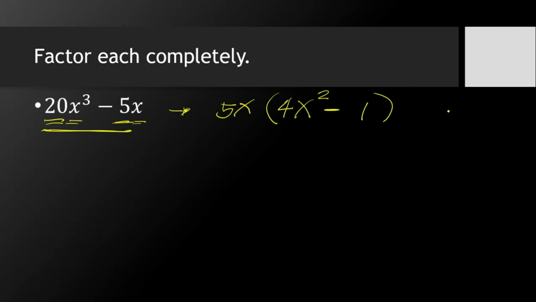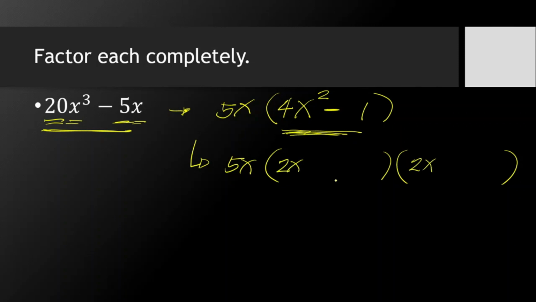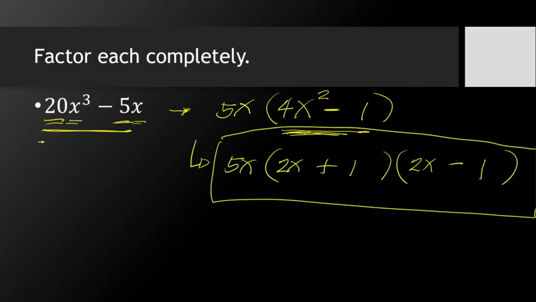Now, having applied the greatest common factor or the common monomial factoring, we can see that the binomial inside the parentheses is a difference of two squares. So that means that we can apply the steps in the factoring of the difference of two squares in this example. So we will not yet have the final answer. We will apply first those three steps. So the two parentheses, now get the square root of 4x squared, we have 2x. Then affix the sign, plus and minus in each of the parentheses, and then get the square root of 1, that is 1. So there you go. We have now factored completely the given example.